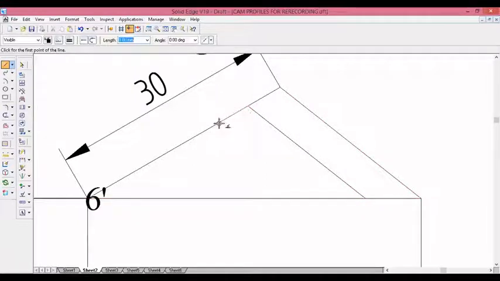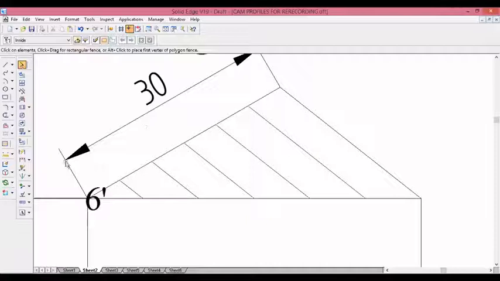Once again, you take this end point parallel to this previously drawn line. From every endpoint, parallel to the previous line, you draw the line from this, parallel to this previous line. So this is what we call the line division technique. We divided the 45 mm into 6 equal parts.